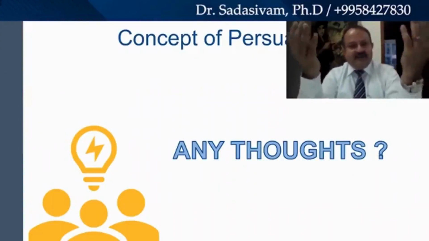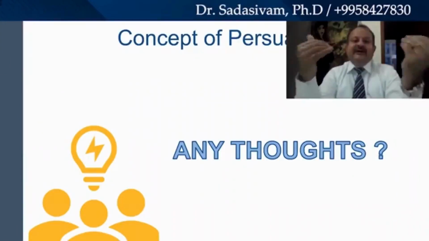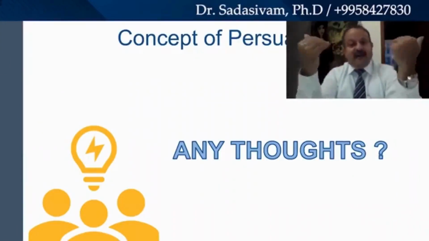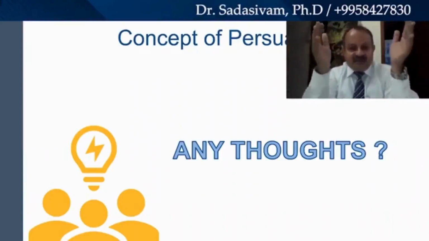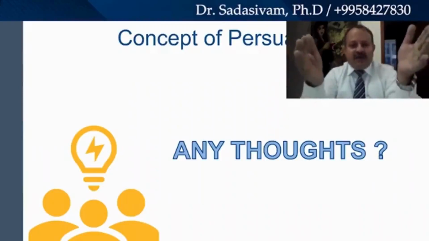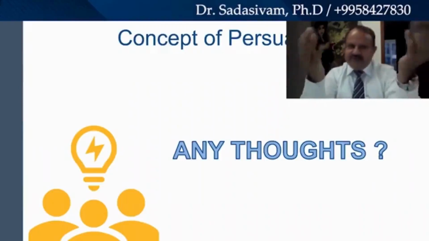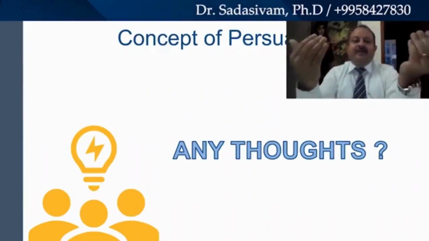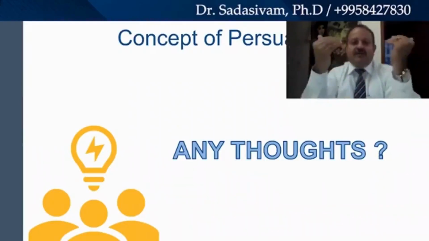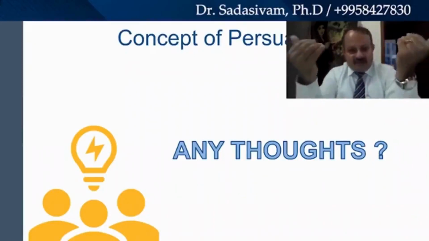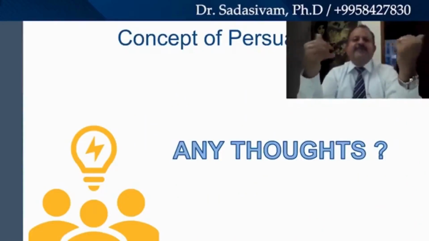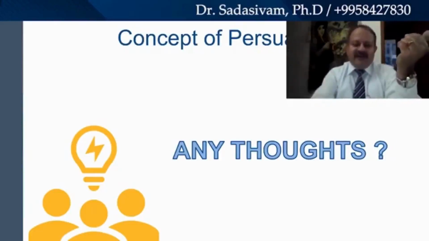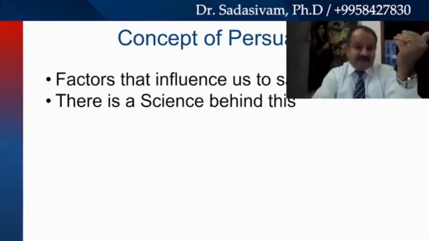It is used everywhere in the world, whether it is an HR department with union leaders, or it can happen between countries. For example, a special envoy of India meeting the special envoy of China to resolve a border dispute, persuasion is involved. A father telling his son to take up a specific course after his +2, that is also persuasion. It happens between lovers. It happens between husband and wife all the time. Persuasion is part and parcel of everybody's life, and that's the power of persuasion.